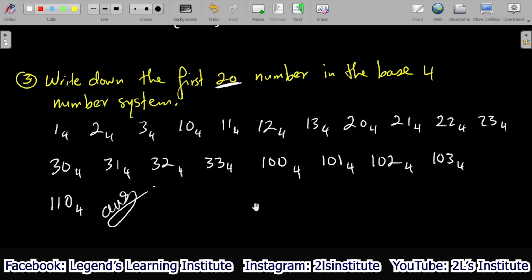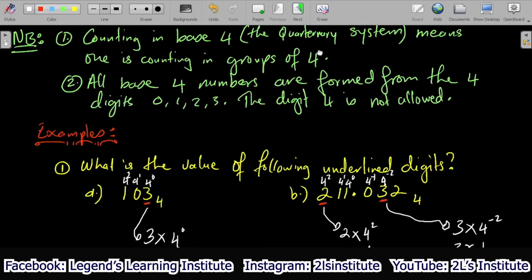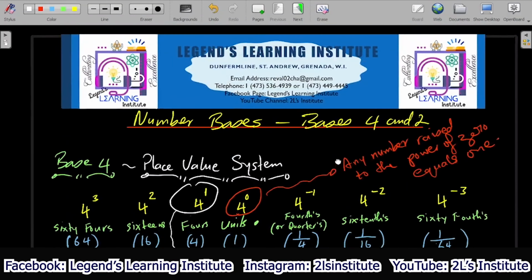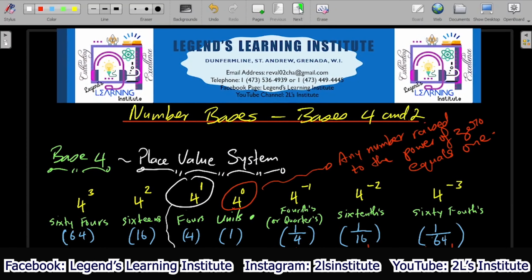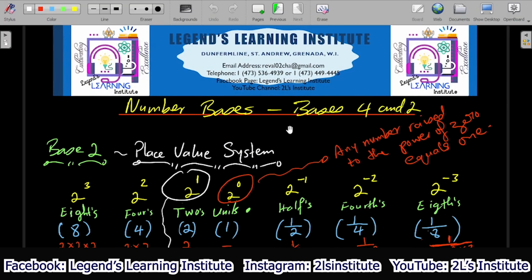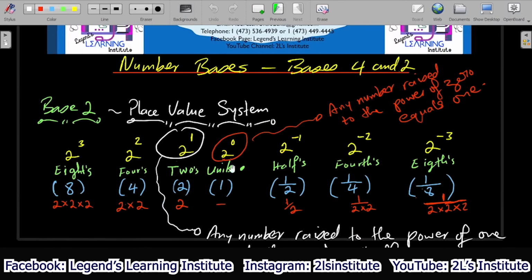Okay, very well. So that was the base 4 number system, right? So now we need to move on to the base 2 number system. Okay, and in the base 2 number system, to the left of the decimal point we have the units place, 2 to the power of 0, we have the 2's place, 2 to the power of 1, the 4's place, which is 2 to the power of 2 or 2 squared, 2 times 2 is 4, the 8's place, which is the same as 2 to the power of 3, 2 times 2 times 2, and then to the right